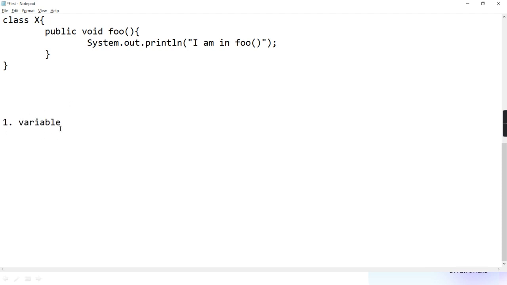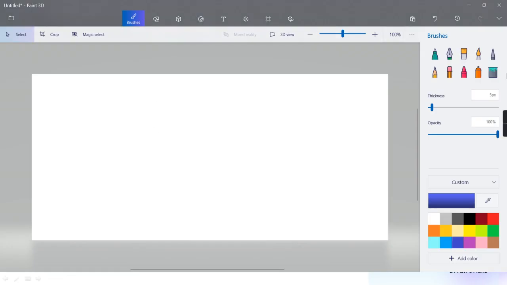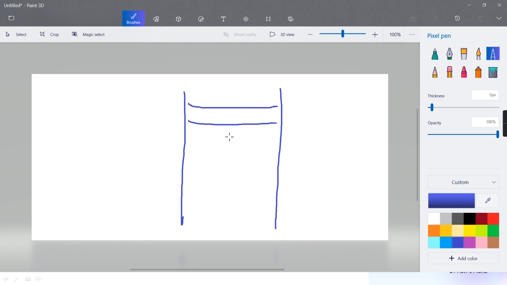Is variable some placeholder in the memory? Means this is your memory, and in that memory some locations are reserved. Do you agree, guys? And after reserving the location, some meaningful name you give. Here the value is stored, whatever, 35, 100, whatever.